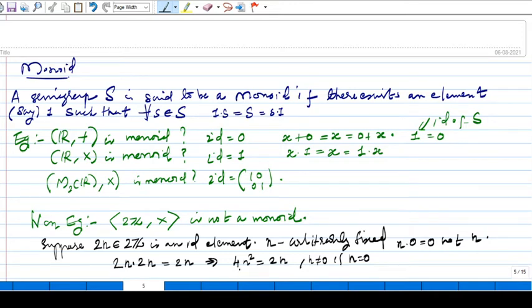Then what happens? You will get 2n equal to 1, which implies n equal to half, right? But we have already assumed n is an integer. That is a contradiction. So that means it cannot be a monoid. That means any even integer cannot act as an identity in the semigroup